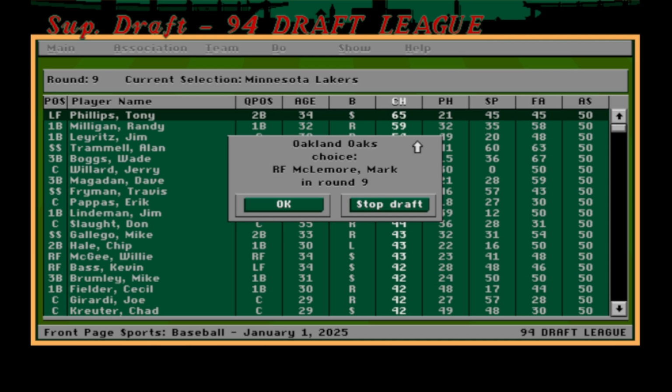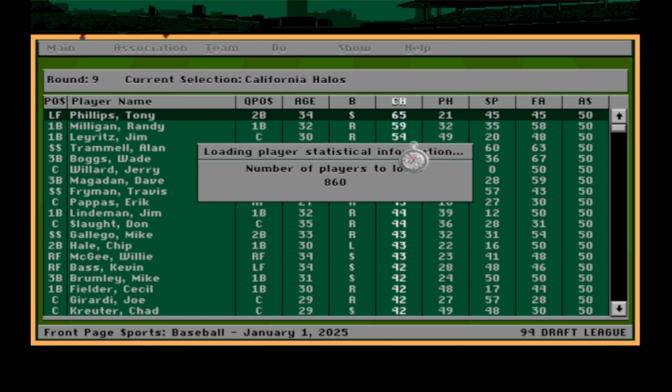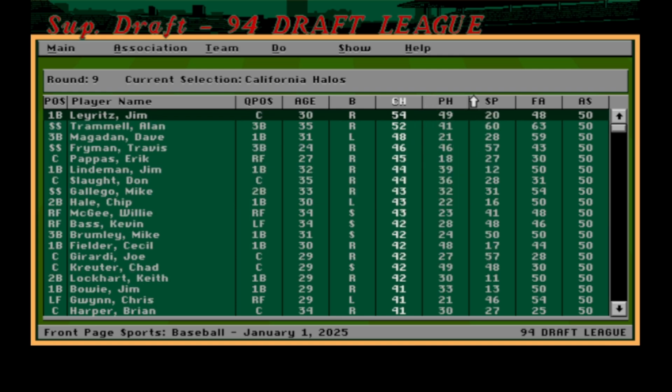I don't remember if I ever did play the 98 game back when it was released. I did try it out a few years ago, and I found it to be much better than the 94 and the 96 game. So do what you will with that. But